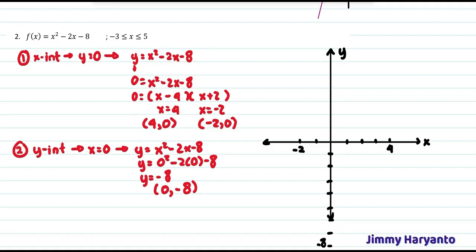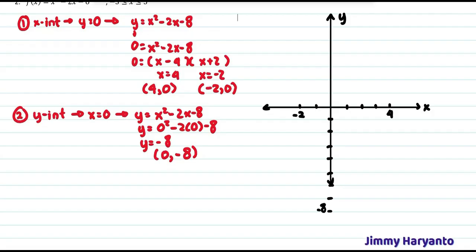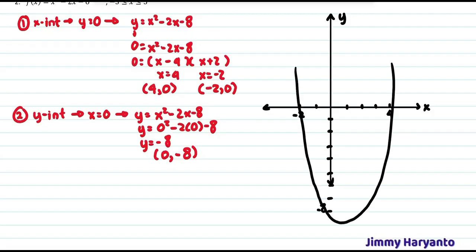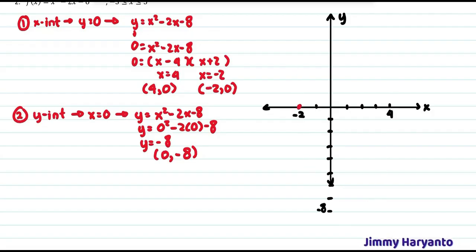In the previous explanation, I already showed the shapes of x squared, right? The x squared graph will be like this or like that. Yeah, it opens up or opens down, just follow the pattern. So for this one, it might open up since we have to connect the dots right there. If we connect it like this, it cannot work because it will not touch the negative 8. So we have to connect it like this.